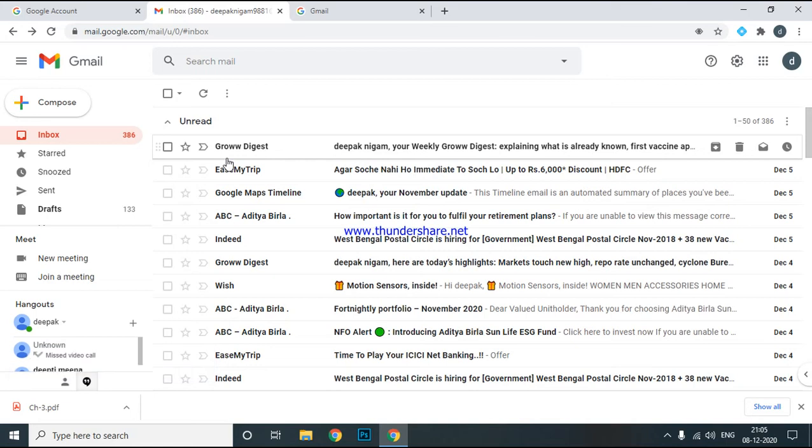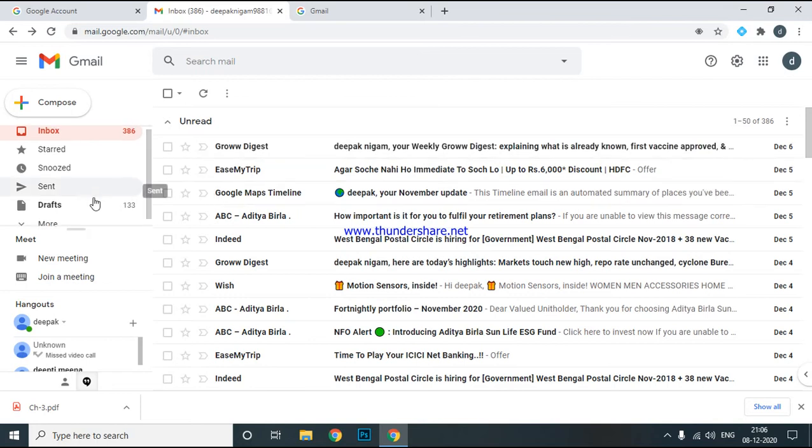Now, children, you should also know that the mails we have deleted we can access from the trash options. How can you recover your email if accidentally deleted? Suppose I don't want to delete my mails, but they were deleted by mistake. So how do we recover them? From the trash options we can recover the deleted mail.